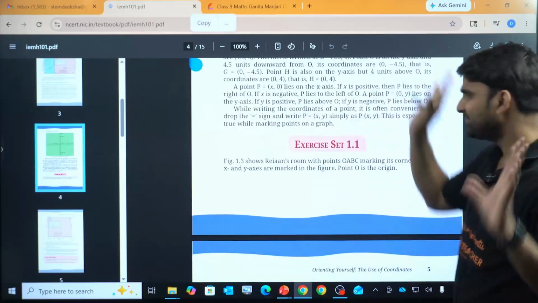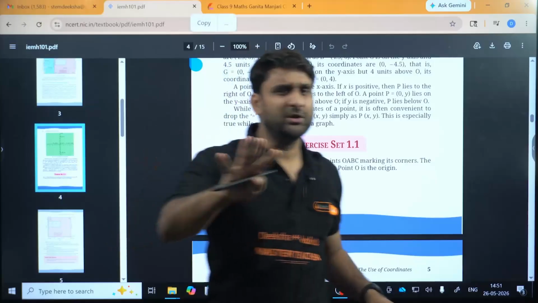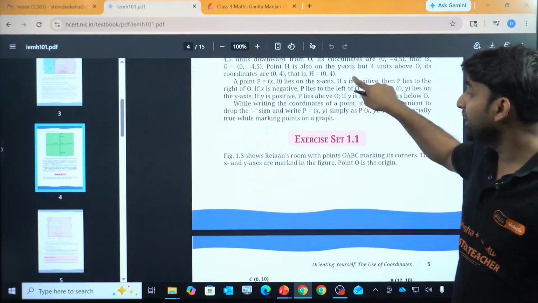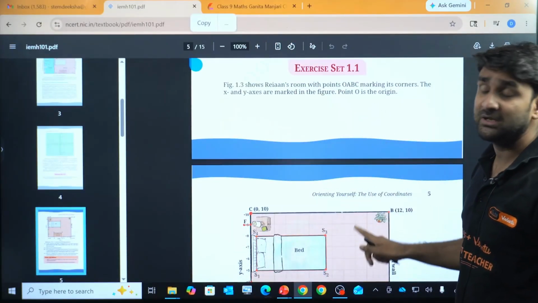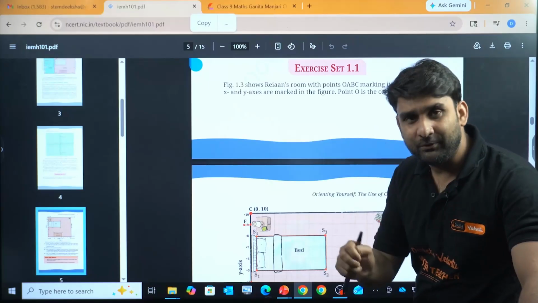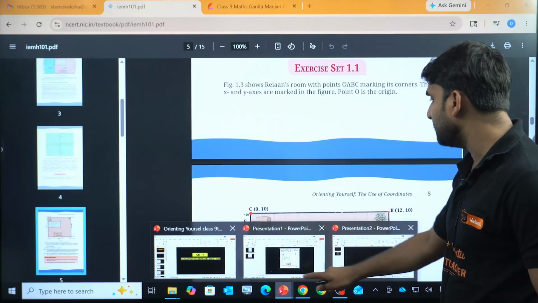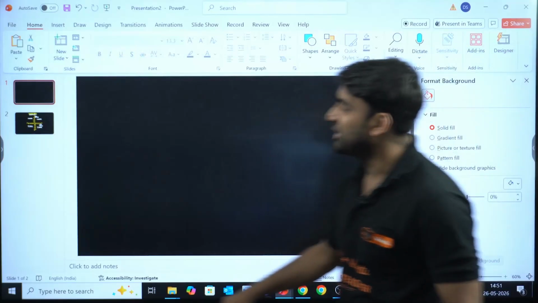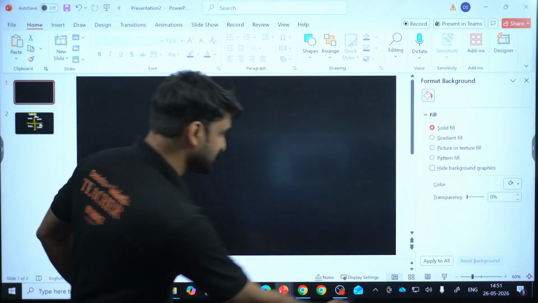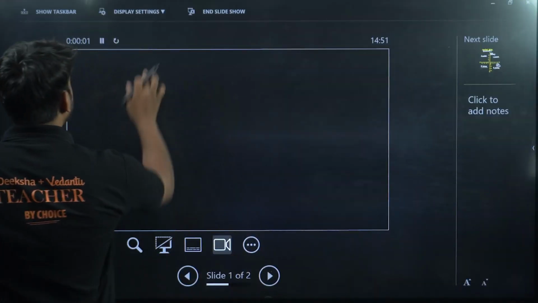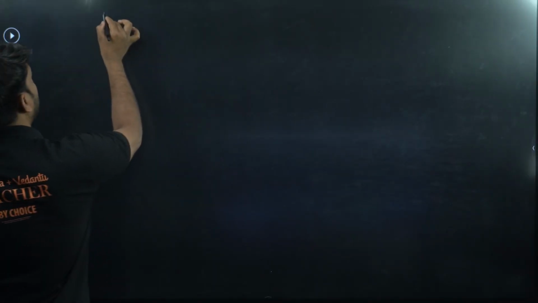Okay, so we'll be solving the question later on, but before solving the question, I have already told you your concept, your basics should be clear. So I'm going to give you a short introductory class about the Cartesian system, champions. What is called the Cartesian system? Let's start this session. So my dear champions, if I talk about the Cartesian system,